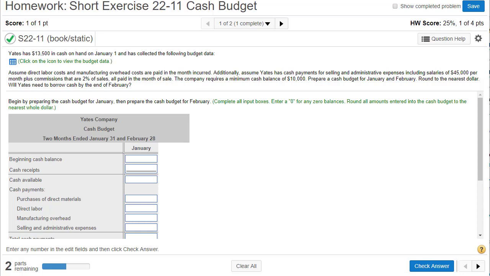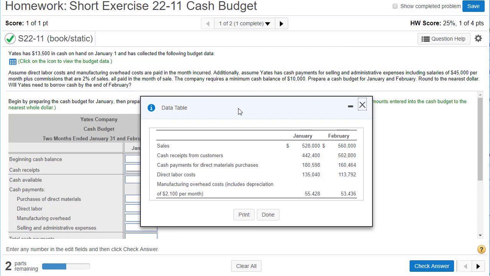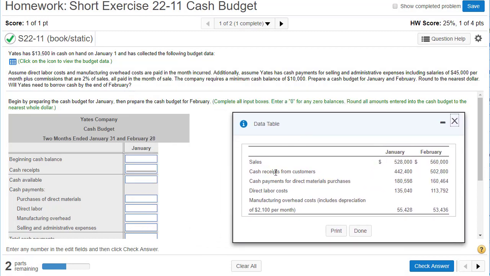Short exercise 22-11, we're going to create a cash budget. Yates has $13,500 in cash on hand on January 1st and has collected the following budget data. So we got sales, cash receipts, cash payments, direct labor costs, manufacturing overhead costs, which includes depreciation of $2,100 per